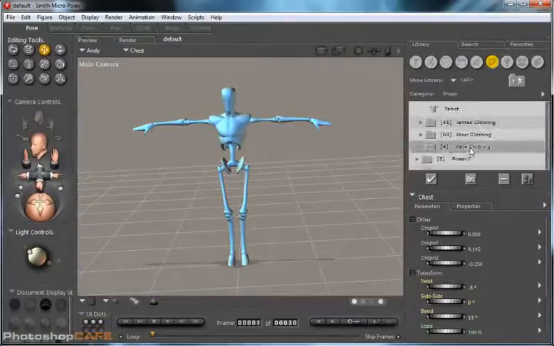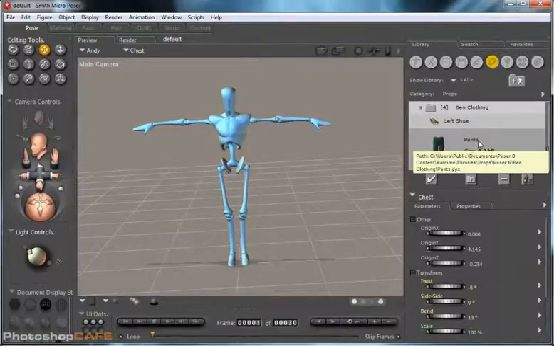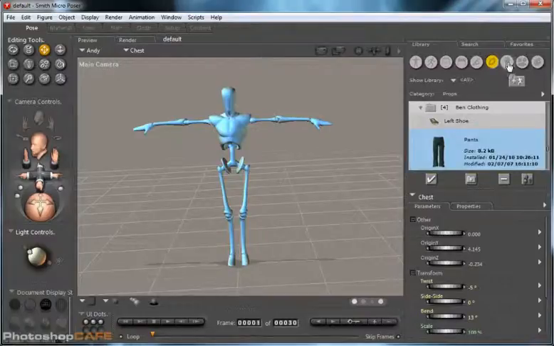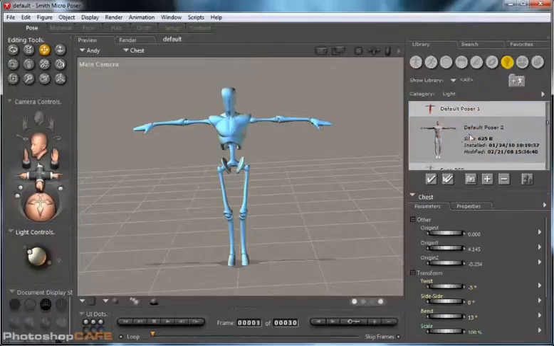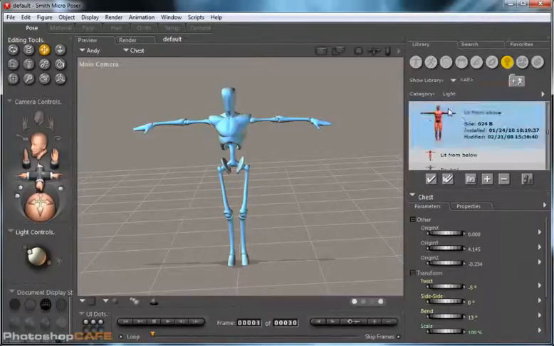Alright, let's go over to the light library. Click on it, and this is actually giving us a preview of the type of lighting that can be applied to the character. As we click on each one, it tries to give you a visual. In fact, let's go ahead and double click on it, and you can see that the lighting is automatically applied